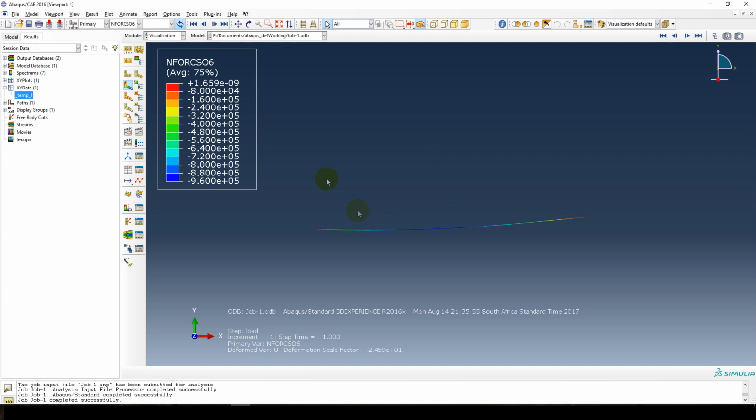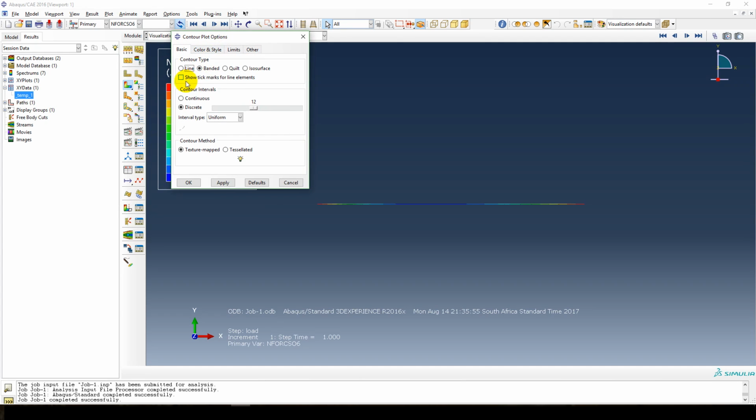You can actually have the moment plotted on the beam if you do this. That's our undeformed shape. So you go to result, then contour options, and this thing pops up, and you just select show tick marks for line elements. You say apply, and there's our moment diagram